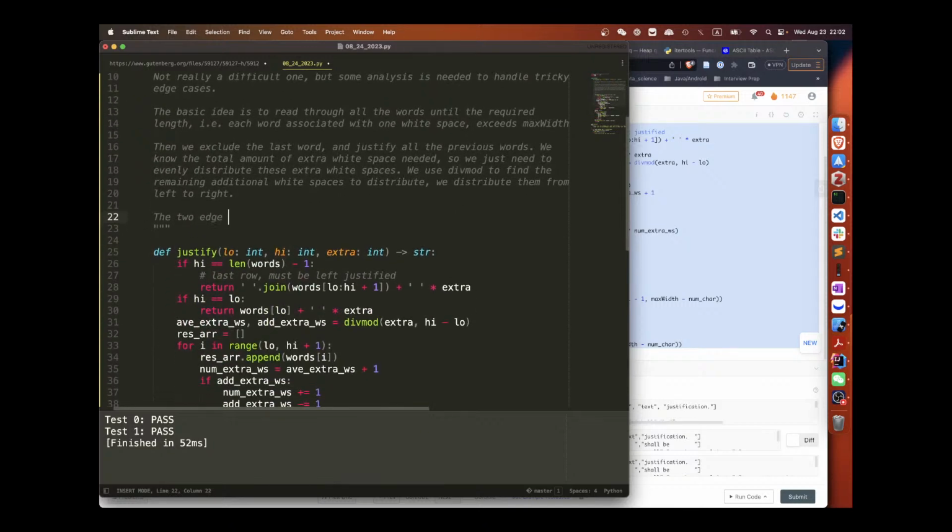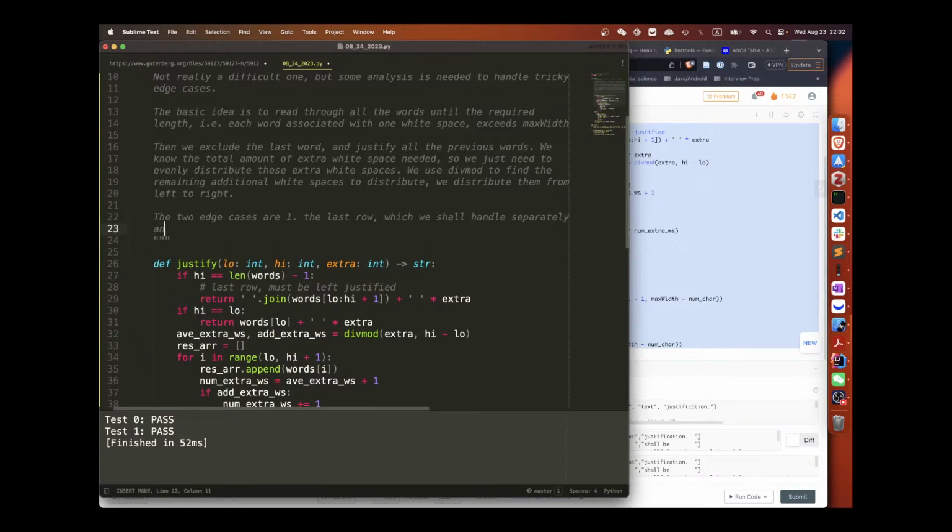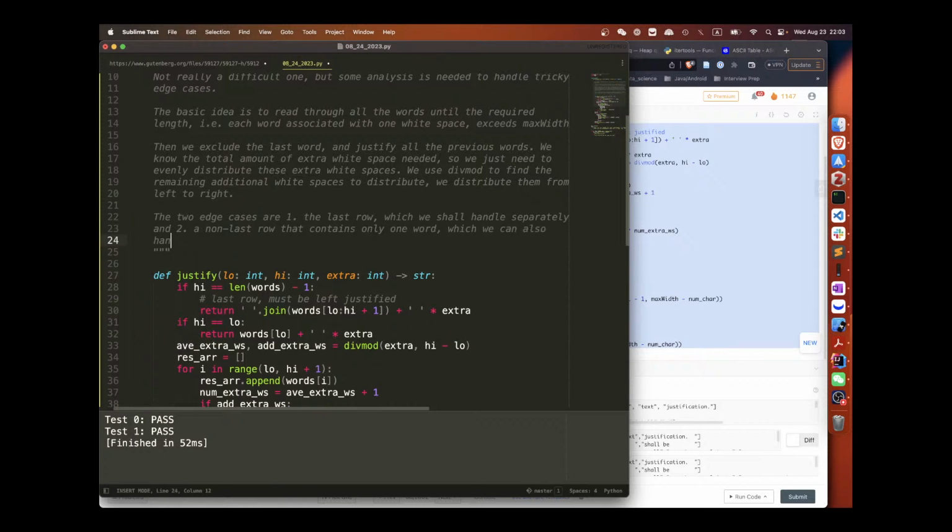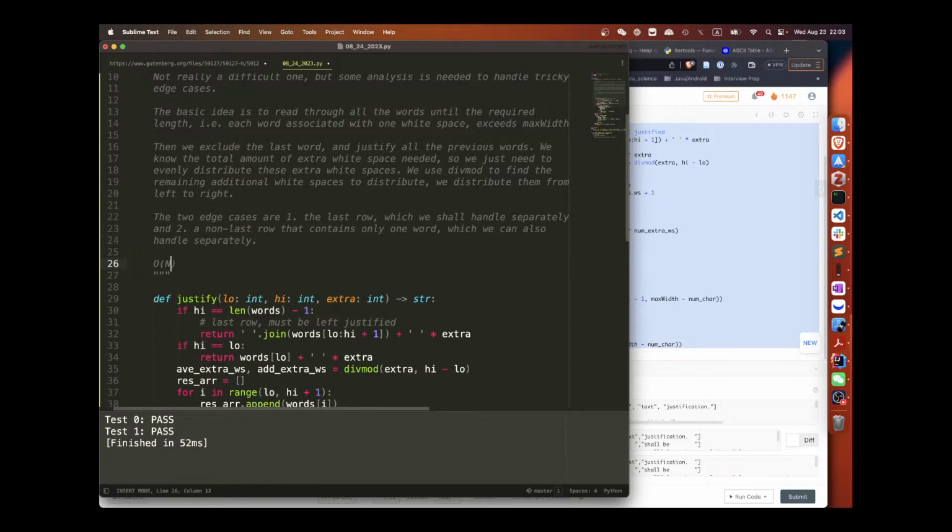The two edge cases are: one, the last row, which we shall handle separately, and two, a non-last row that contains only one word, which we can also handle separately. So overall is O(N).